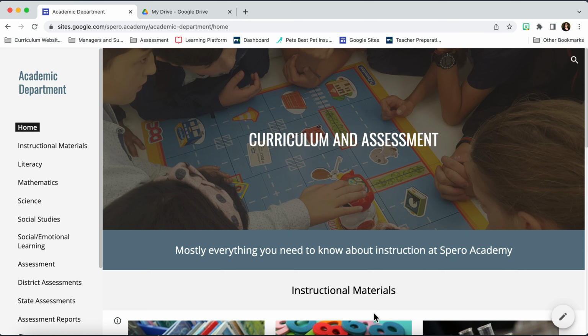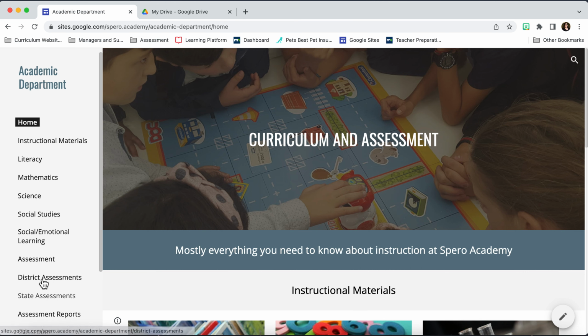And this allows us to really assess their skills and place them on a scale that shows growth from ages 0 all the way up to pre-K. So the two ways that you'll be able to find the digital materials for this assessment are going to be the academic department website. I'll go down to district assessments,